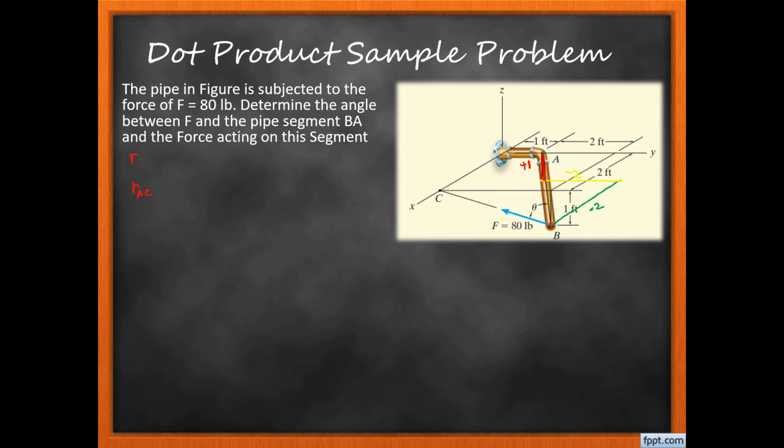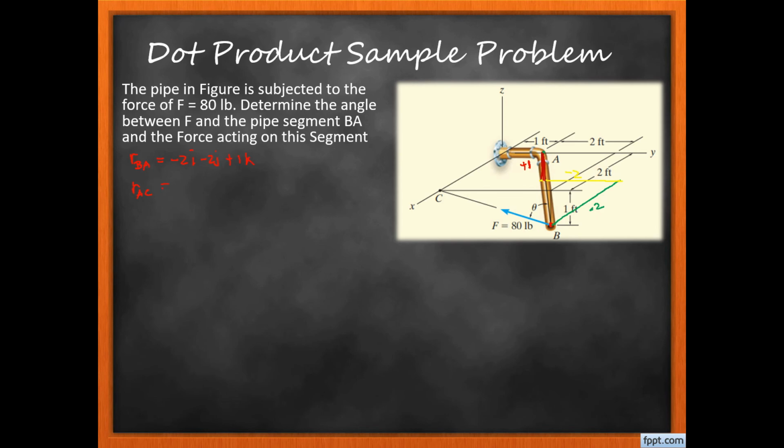Sulat dapat natin is from B to A. Ibig sabihin, nag-travel tayo from B papunta sa A, dumaan tayo sa x-axis, dumaan tayo sa y-axis, dumaan tayo sa z-axis, or dumaan tayo sa I, J, and K. So, yung ating x-axis is negative 2, I, and then we have negative 2, J, and we have positive 1,